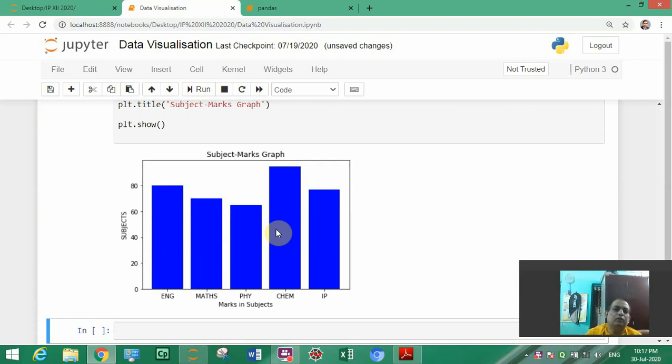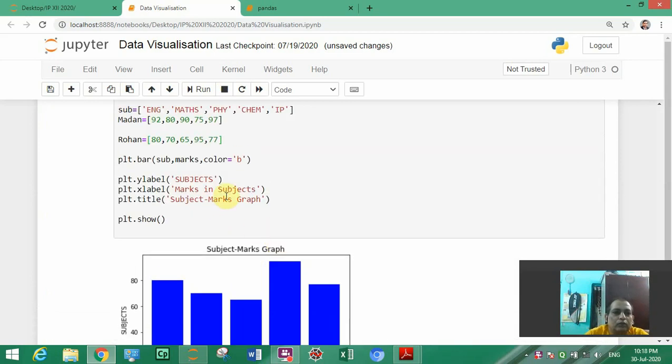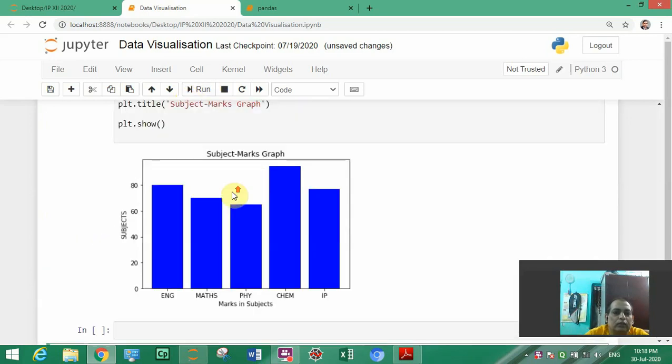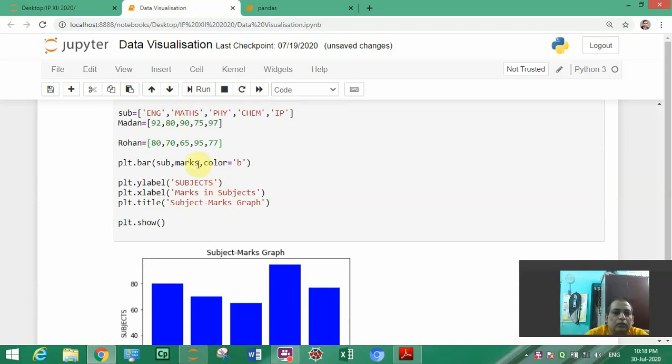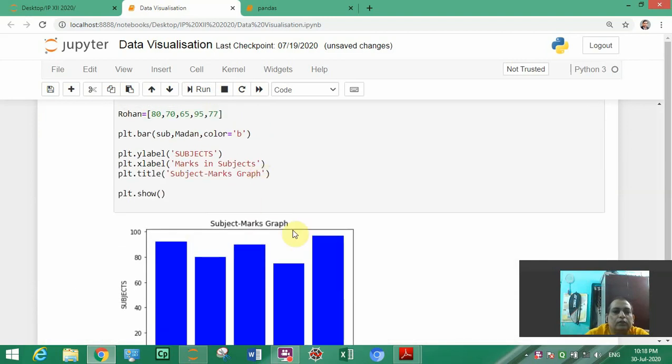This is coming marks of... here I will change and I'll write Madan. So you can see the changes. See, it is representing the marks of Madan.